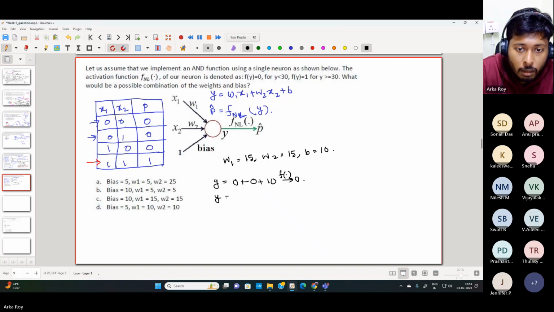Then the second case, for 0, 1, it will be 0 plus